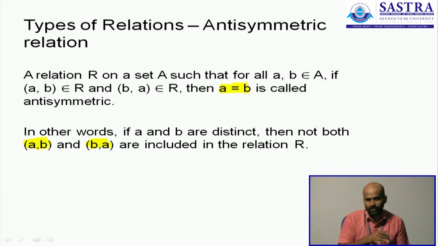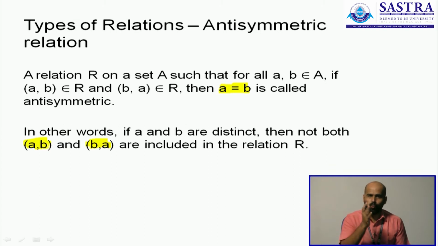It's not the opposite of symmetric. The opposite of symmetric is different. It's the antisymmetric. Antisymmetric allows symmetric pairs, but only when the elements are identical. A comma A is permitted. A comma A has itself as its symmetric opposite. The A comma A is symmetric to A comma A itself again. So they are permitted, but both AB and BA are not permitted because A and B are distinct.